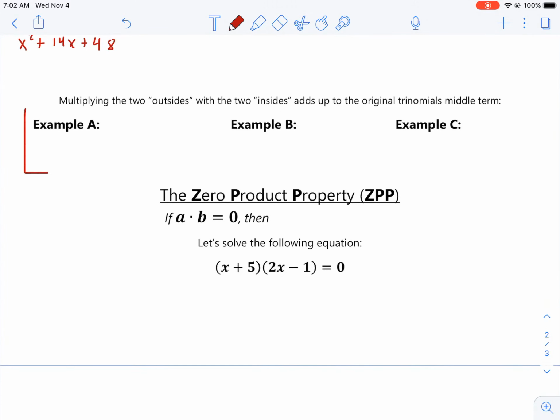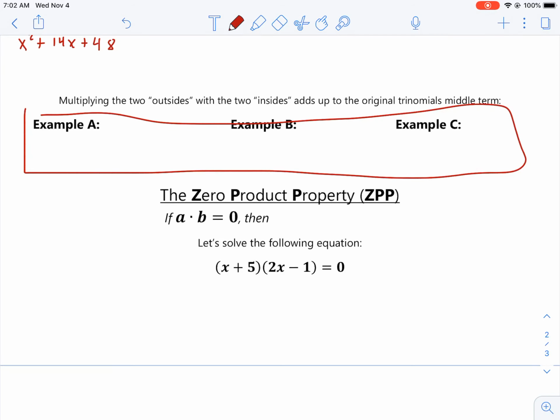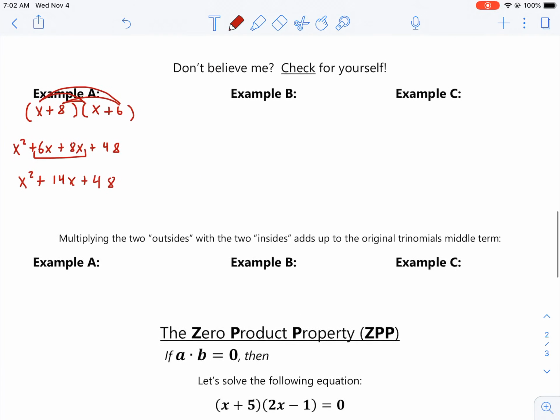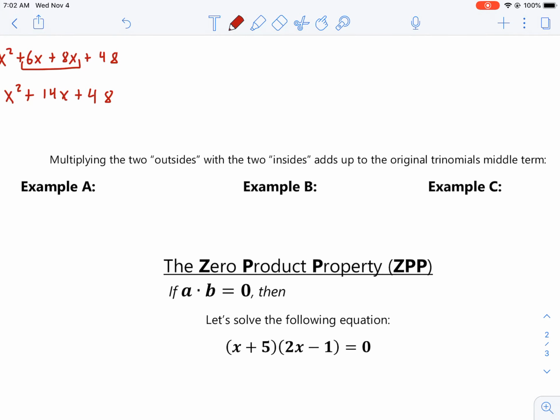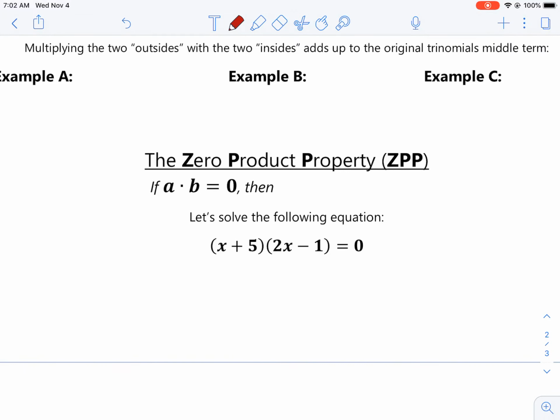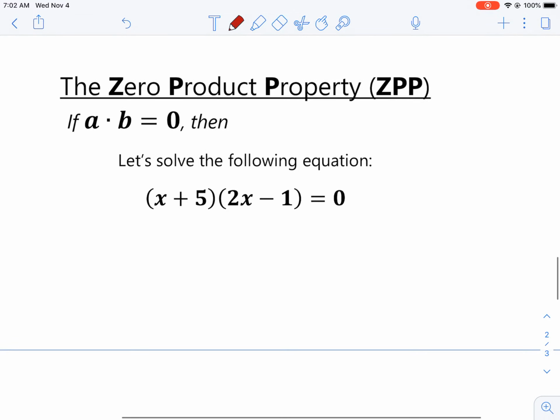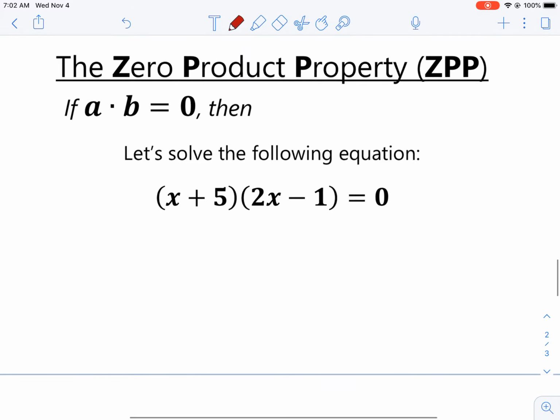What do they want us to do here? I feel like we just did that above when we checked for ourselves. I don't know. Anyway,